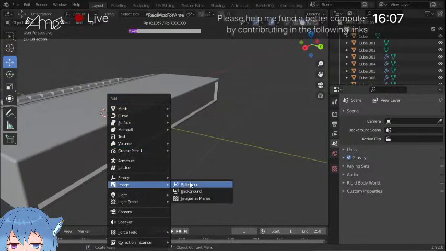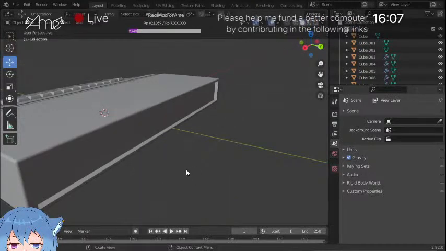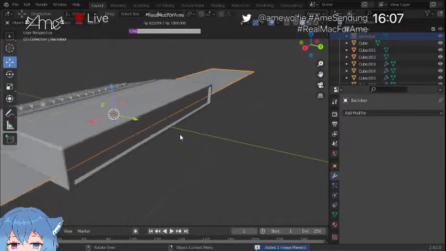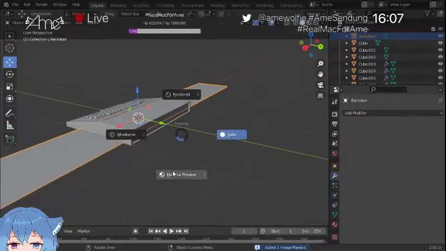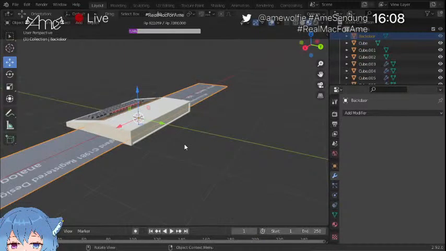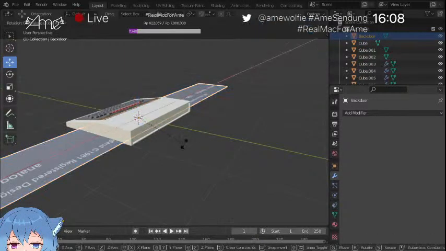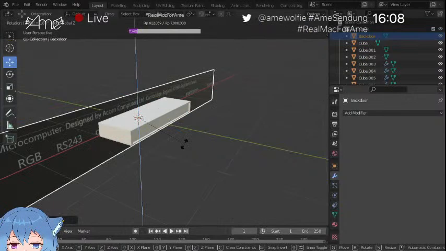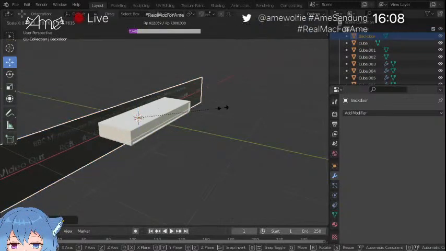And then image, add image as plane. Back door, report. There we go. Should I need to check material wise? RX anything, RZ 180. There we go. Scale it down. Okay,